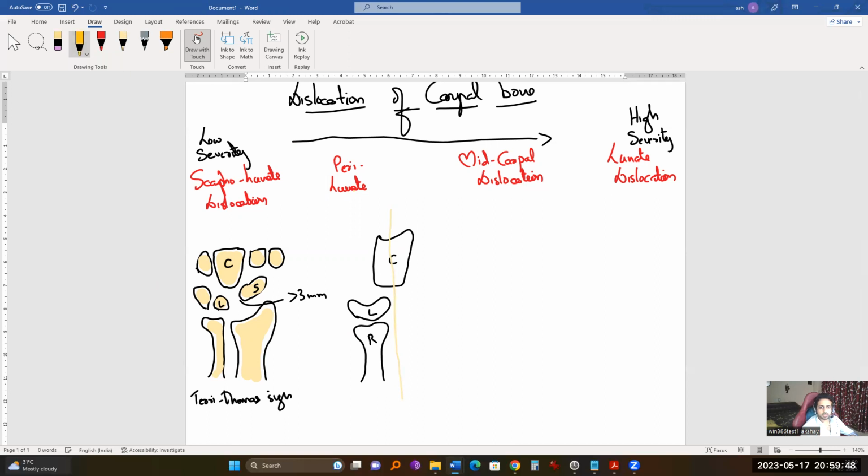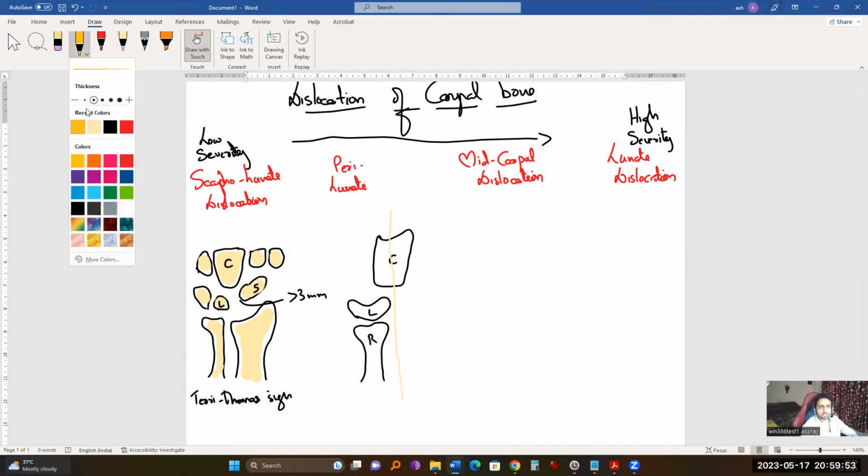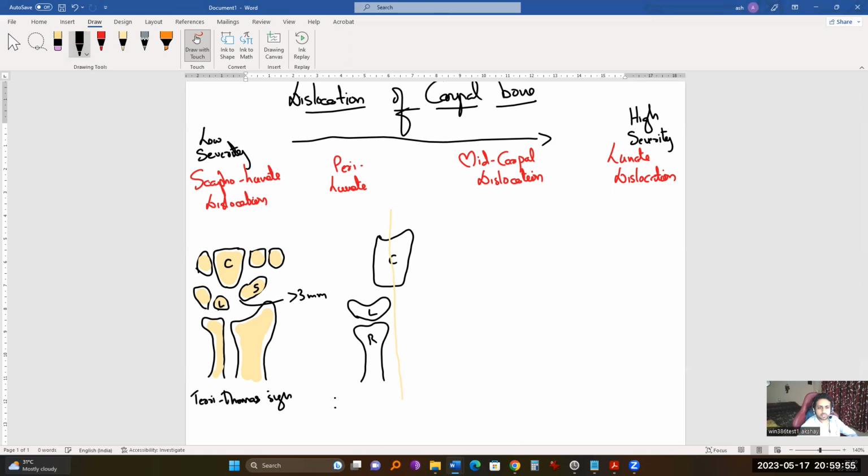And 60% of the time, this is associated with a scaphoid fracture. So when the scaphoid gets fractured, the capitate bone moves down. So this is the perilunate dislocation. And if it is associated with a scaphoid fracture, it will be called a